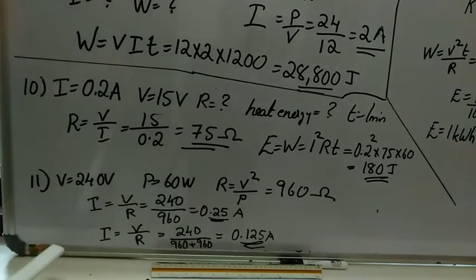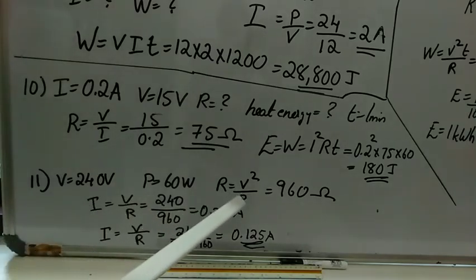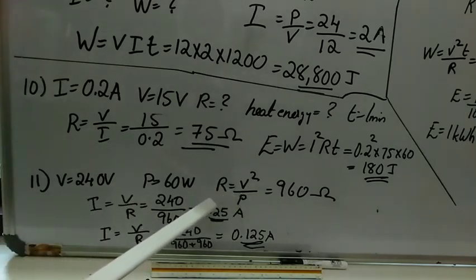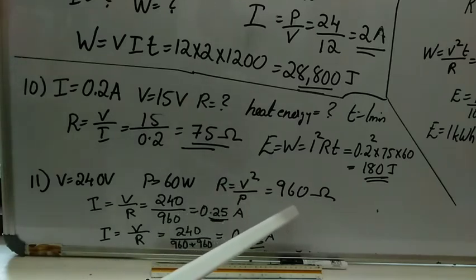Question number 11. What is the resistance under normal working condition of an electric lamp rated 240 volt 60 watt? Voltage is given 240 and power is given 60 watt. If two such lamps are connected in series across the 240 volt main supply, explain why each one appears less bright. So here you can see, first they are asking about one bulb. If you are connecting one bulb, what will be the current through the circuit? So to find current, first we have to find the resistance of the circuit. R is equal to V square by P. We got the resistance of one bulb.